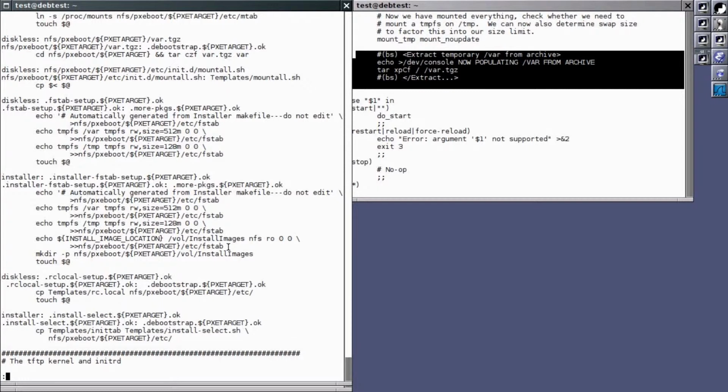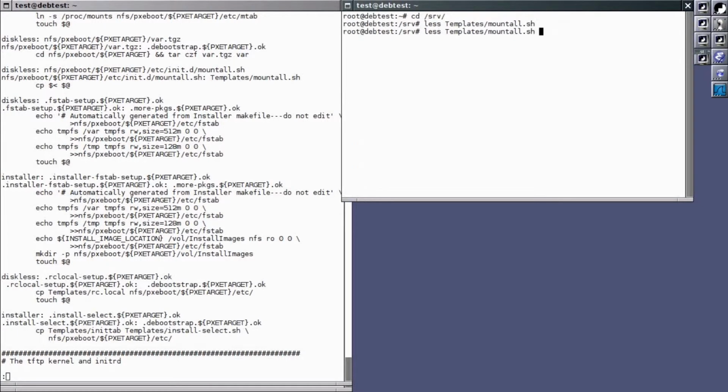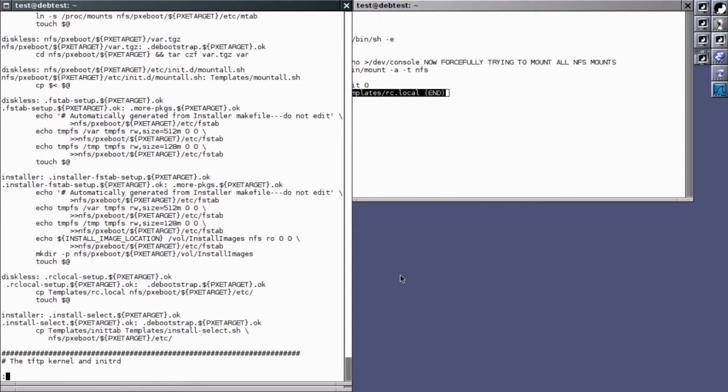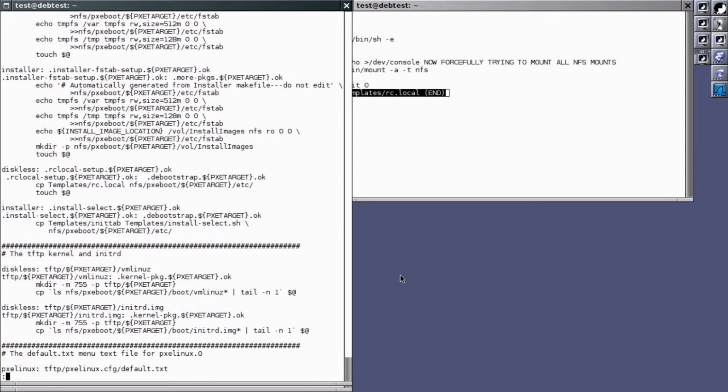And because this doesn't get mounted, despite the fact that it's now in the fstab, I also had to clobber the etc rc.local script, copy it from another file which actually does something. Normally the script doesn't do anything at all. Basically what I do is mount all NFS file systems. So that's that. Then I did a few more things to the system to allow me to install images, but that will be topic for the next episode. I copied the kernel and initrd to the TFTP directory,